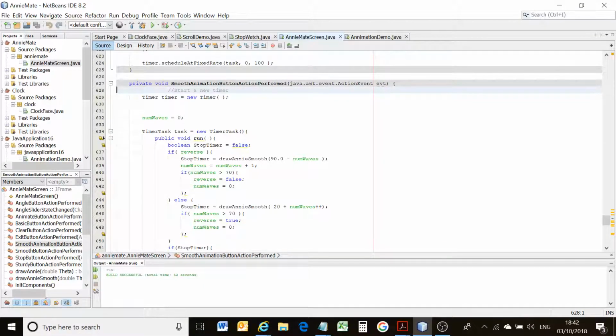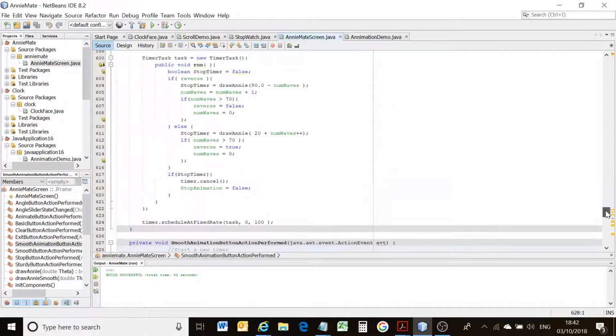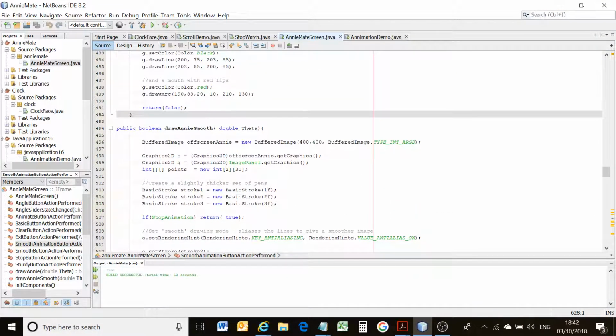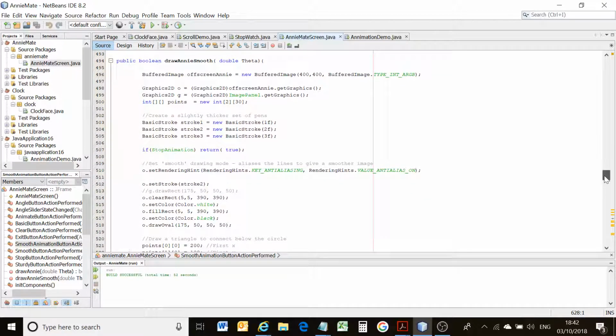We set up a timer and a timer task, and we ask it, instead of calling the routine called draw Annie, it's now creating draw Annie smooth and passing an angle. So there's a subtle difference here in draw Annie smooth. There's the routine, draw Annie smooth. So like before, we're passing it theta. The difference, and this is really the nub of this whole thing, is before we drew directly onto the image